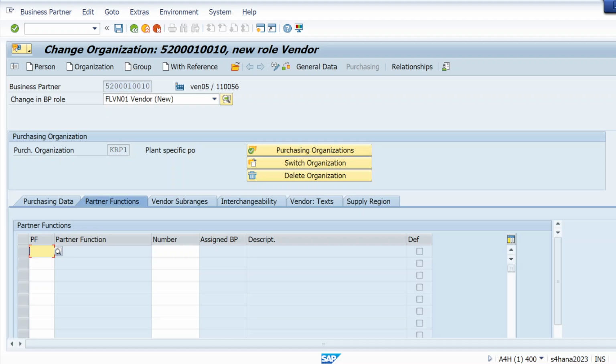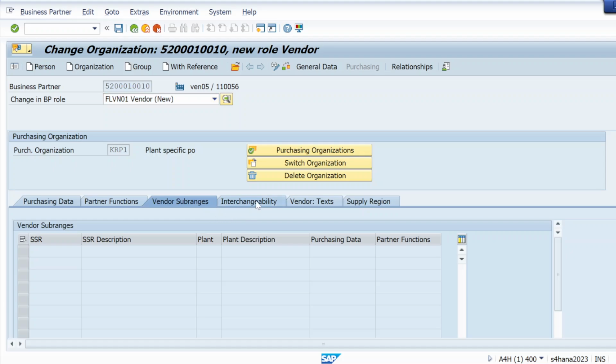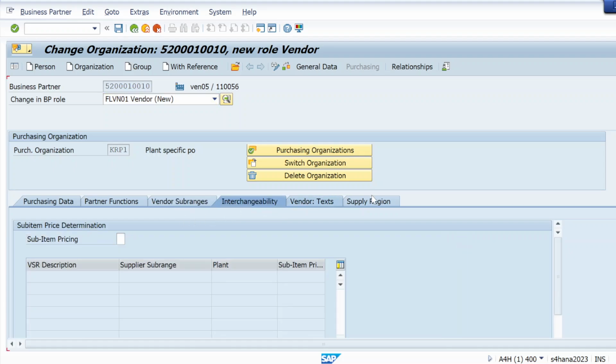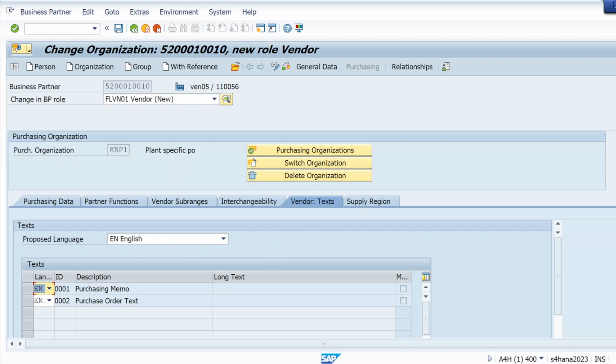Here we can give the partner function if there is any partner to that vendor, like invoices generated by someone else and deliveries done by someone else. So if we want to maintain those partners, we can maintain them here. Vendor sub range, interchangeability, if we want to use we can, but we are just using the mandatory data. Hit enter and save.